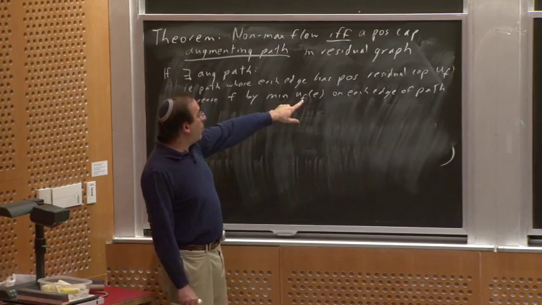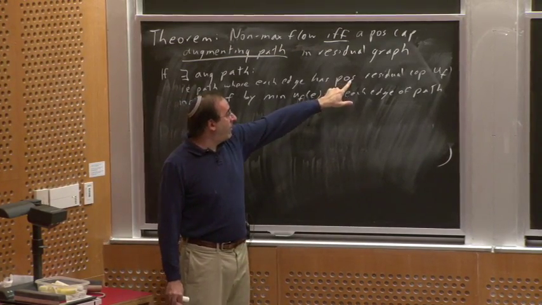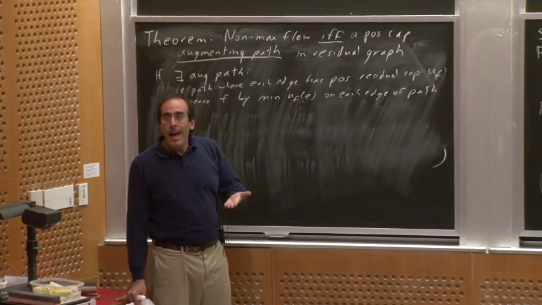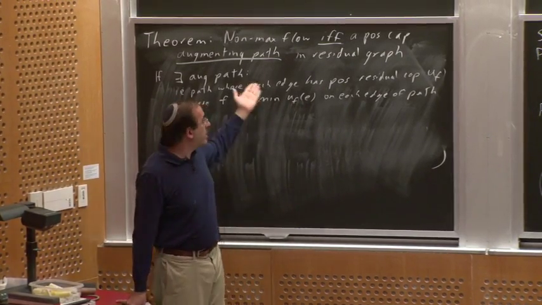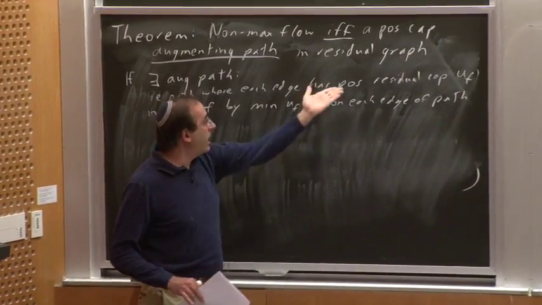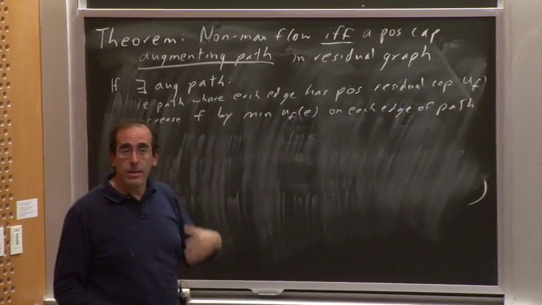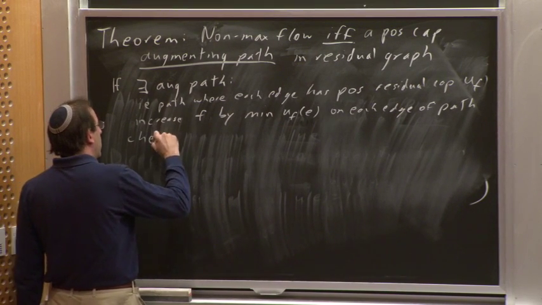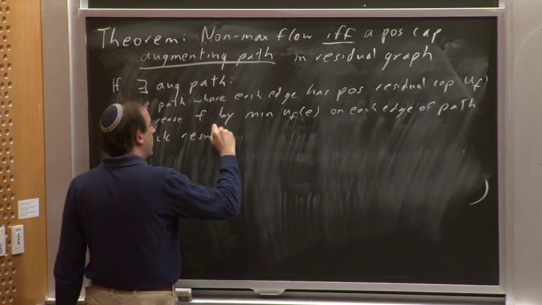But the point is that since, by definition, the smallest of these numbers is positive, you can add a positive number, right? If the smallest of these numbers were 0, then you'd be stuck, okay? But it is a path of positive residual capacity, so you have this ability to augment. Now, we do have to check that the result is feasible,